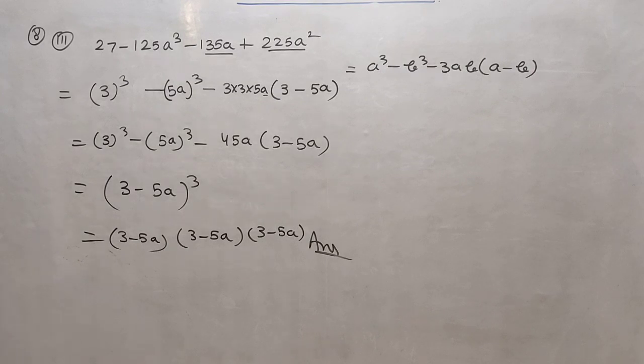So in the same way you can do all the other sums. There is a fifth part which is related to 27p cube. Okay, we can do this part also, but I think you should practice yourself. If you face any doubt, then you can discuss, or you can give me a comment, so that I can reply related to this sum, right?